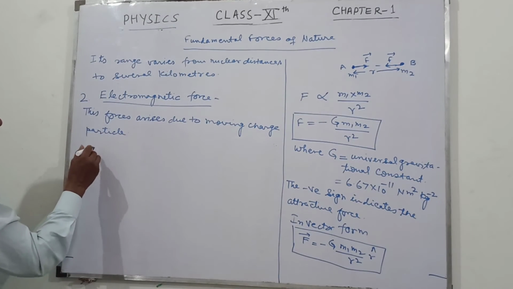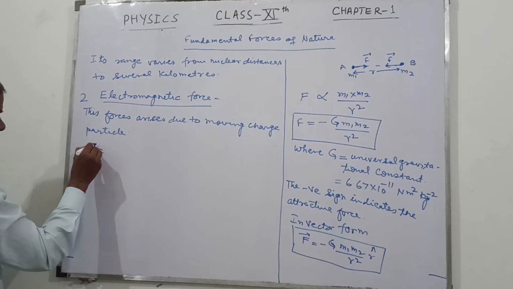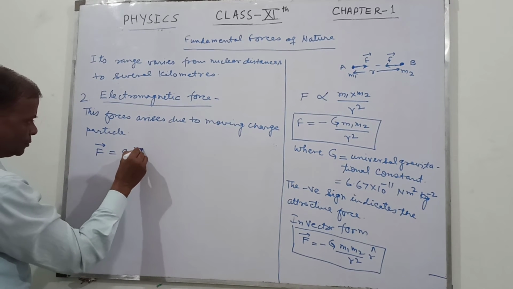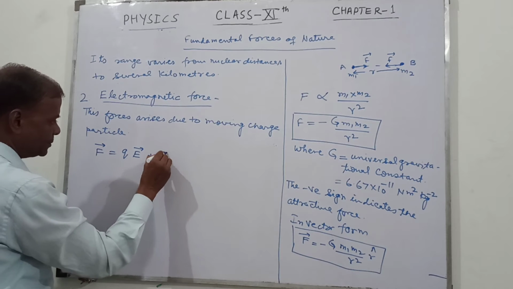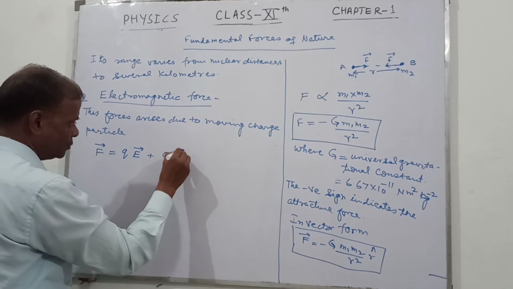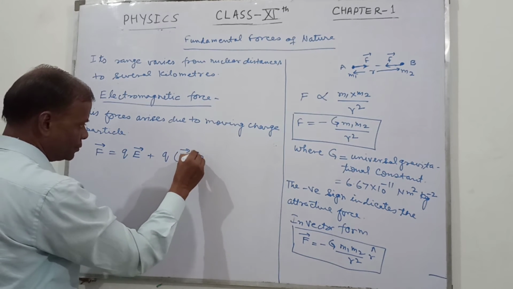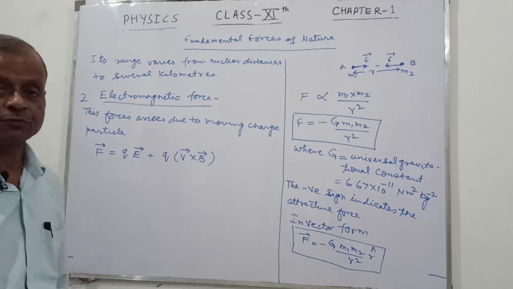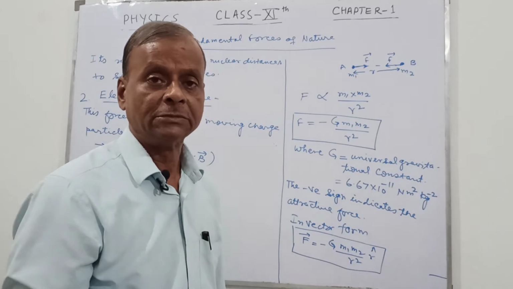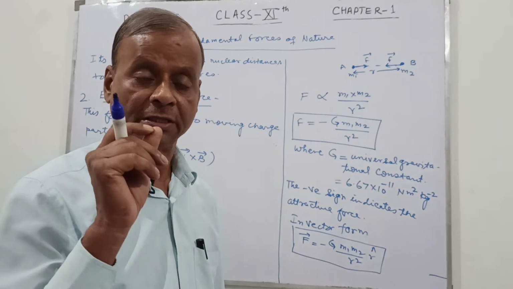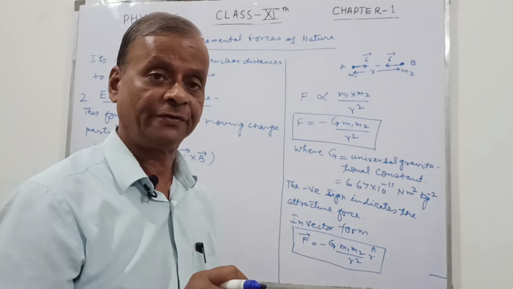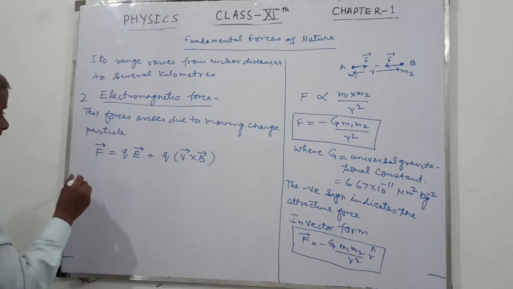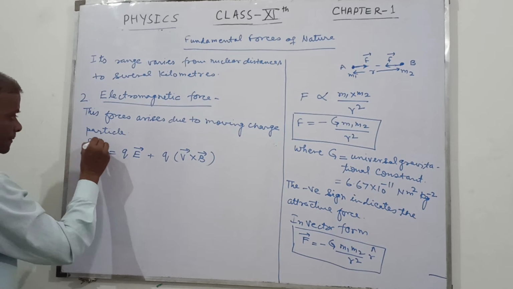So the force is given by F equal to QE plus QV cross B. Even the electron which is moving in the atom also produces both the magnetic field and the electric field. This is the formula,